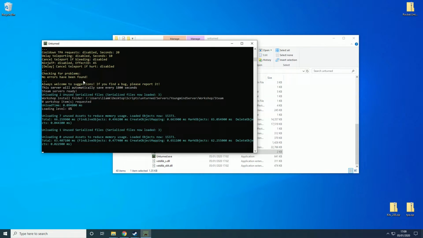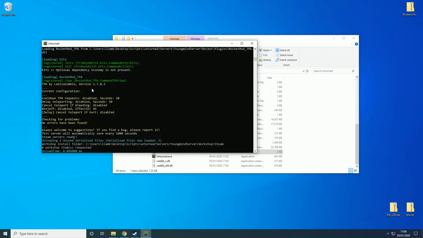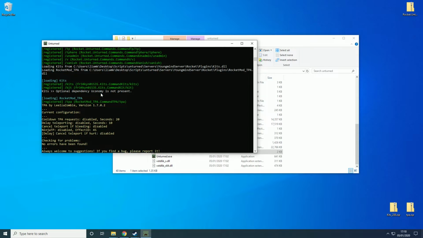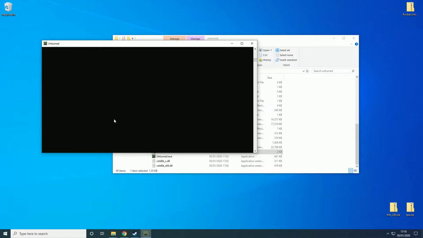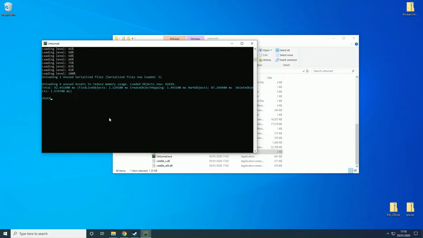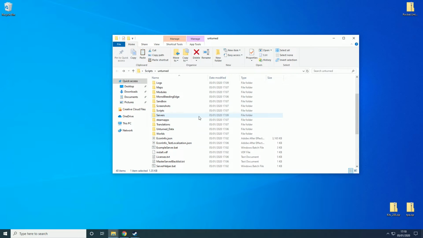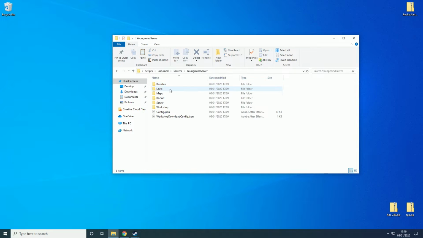And then at the end here it should say what plugins we've just installed. Yeah, so if we go up here we see TPA and kits there. So we're just going to shut it down again, and then we're going to go back into servers, go to Youngmin server, go to server,